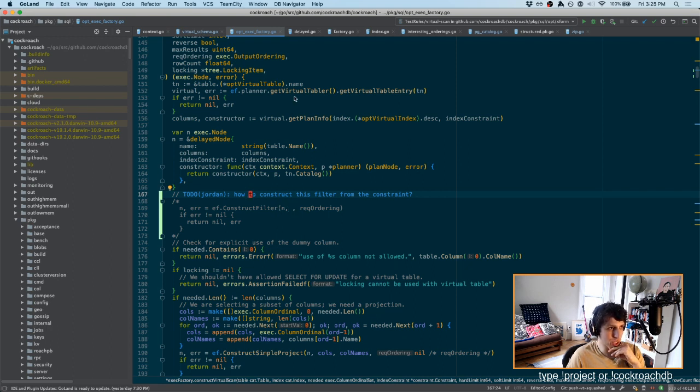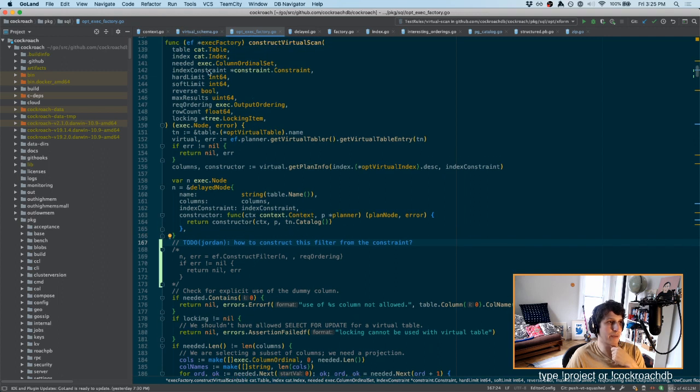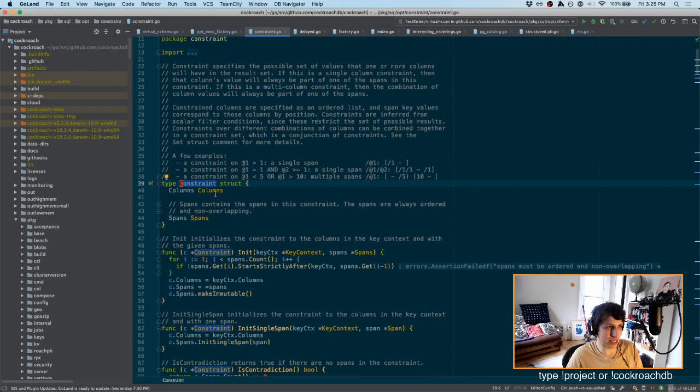And I want it to use that same constraint information that we're passing down into it, sort of do a second filter. And we've got this constraint, but we no longer have the expression that the constraint was generated from. And that was where I got a little bit confused. Like, a constraint is essentially, what is it? It's a set of columns,